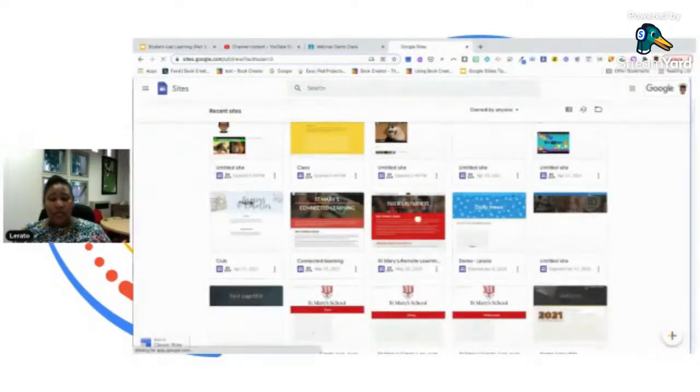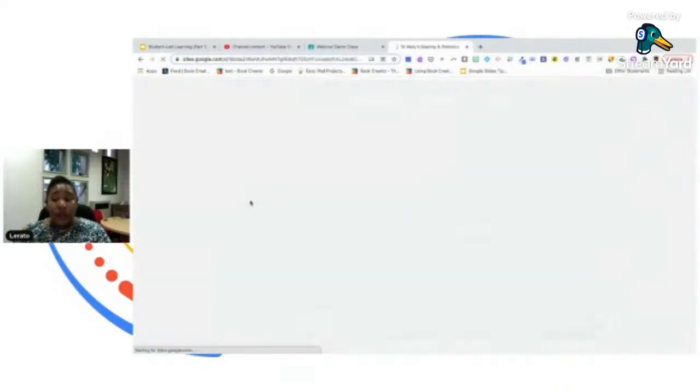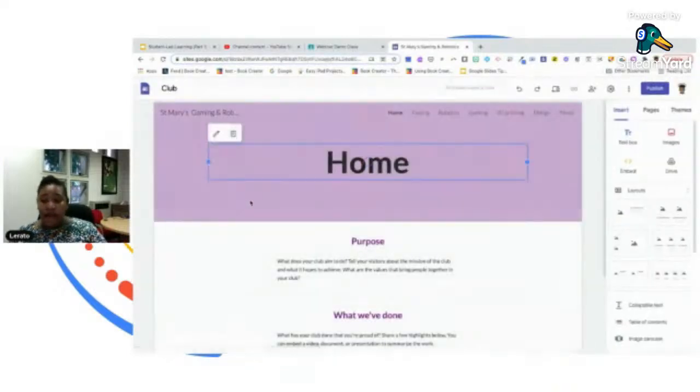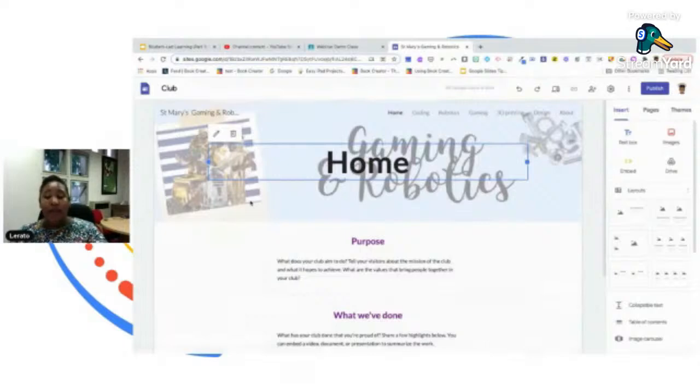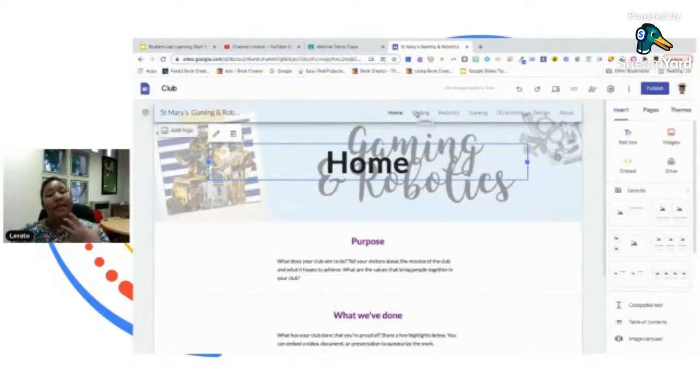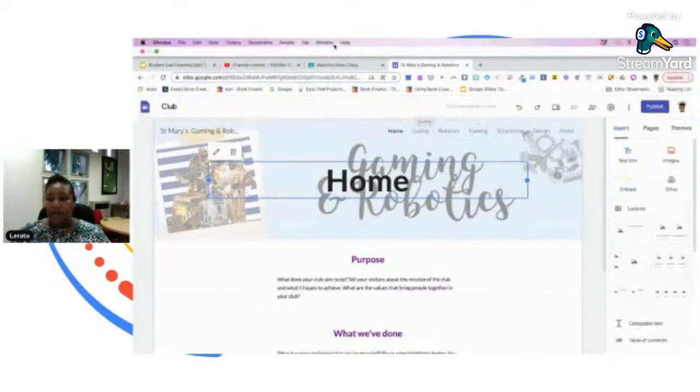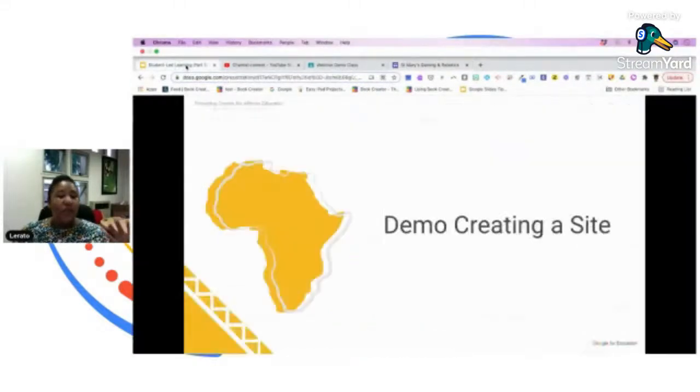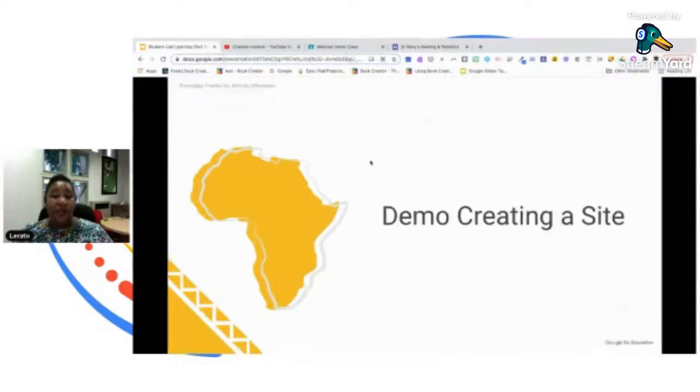So we've used it in a space where this is just the front where kids are working on this one, and they are using it for their gaming and robotics. They get to run this coding robotics, so they are putting this all together, and because it's something they want to share with the parents. We don't have a lot of people on site right now, so we can use this to share. So that's just one idea that you can actually utilize in your school.